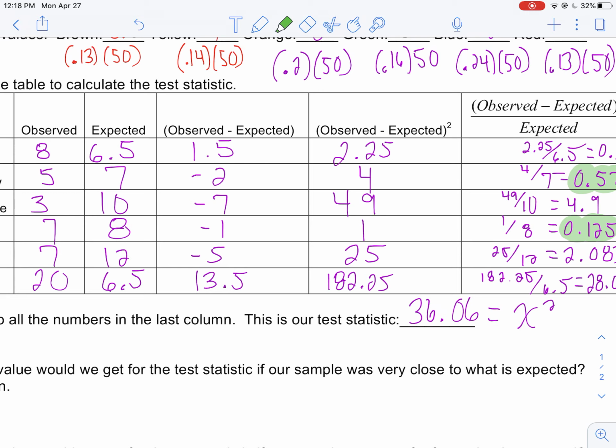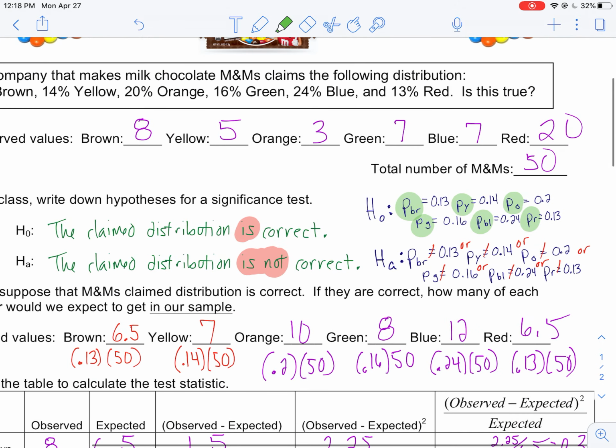In the next video, I'm going to walk you through how you can use that chi-square statistic to find a p-value, to find the probability of actually getting this distribution if what M&M says is true. I'll actually walk you through the conditions as well as